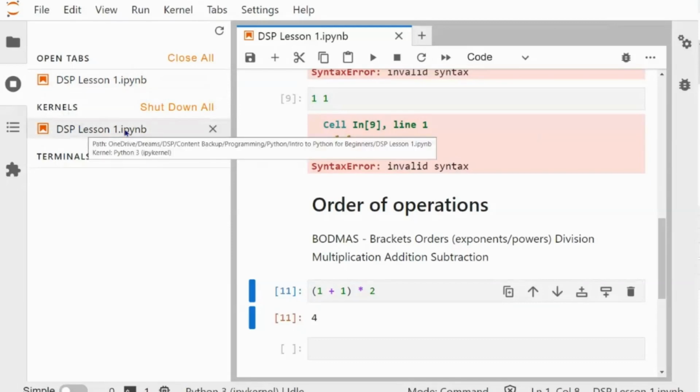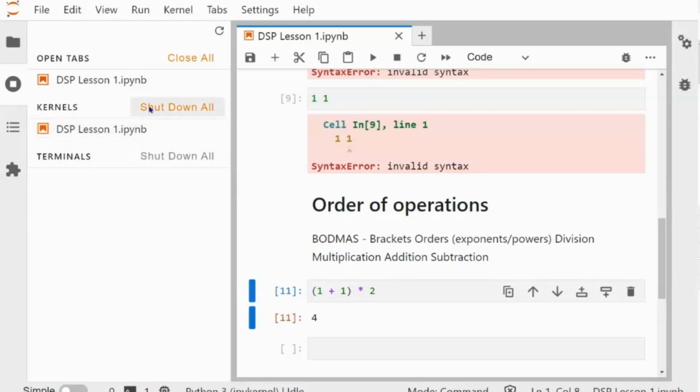And then underneath, it will show you all the kernels that are currently running. In the previous video, I showed you how to shut down JupyterLab properly. But actually, the first thing you need to do is to shut down your kernels if you have anything running, and then shut down JupyterLab. We can do this by clicking the X here. Or if you had many of them and you were done with JupyterLab, you can just shut all of them down by clicking Shut Down All. I'm just going to click the X here to shut it down. It's going to disappear from here and it will tell you no kernels are currently running.